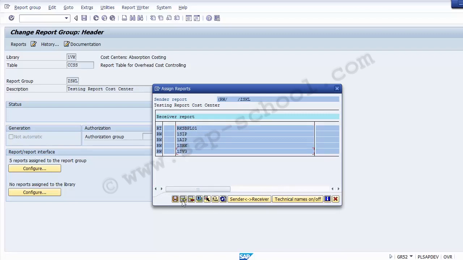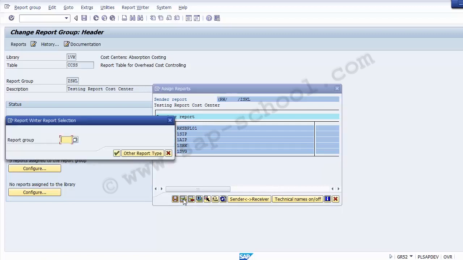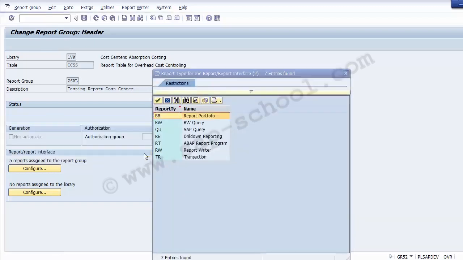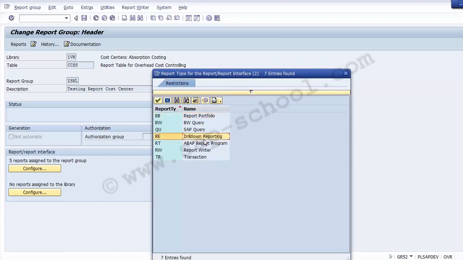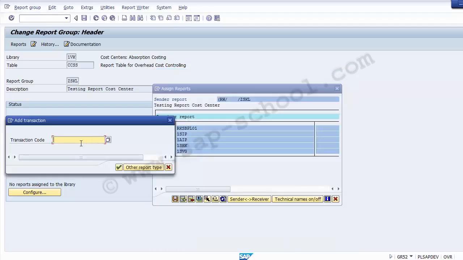Now suppose I want to add one more transaction to it. In that case, I can click on Insert row. Once I click on insert row, it shows me report group, but I don't want to assign a report group. I want to assign a transaction. So we can go to Other report type, click on it, and select from the options whether you want to add a drill down report, a map report, a writer, or a transaction. I will be taking a transaction over here,